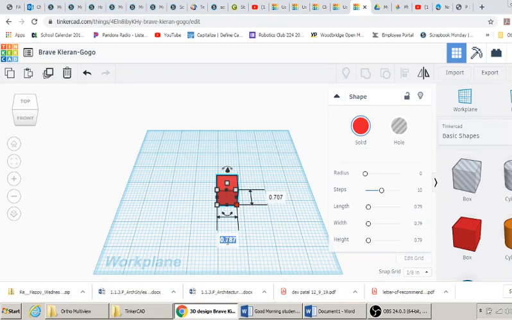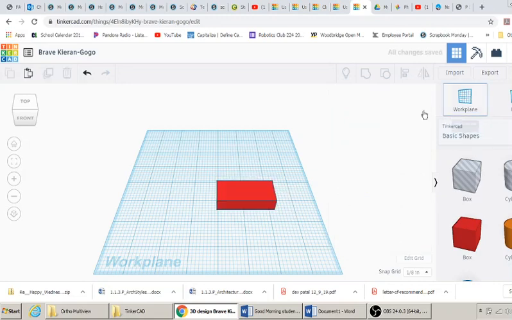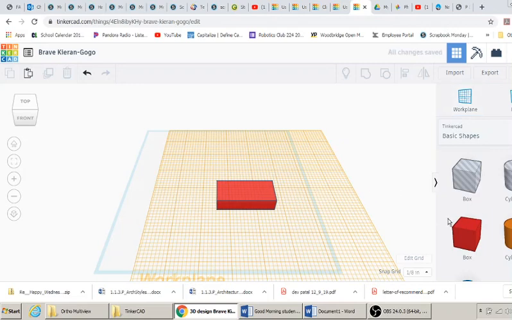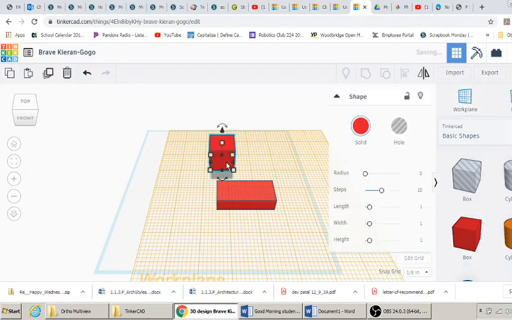4, 5, 6, 7, 8, 9 squares wide, so it's 2.25 in width. Our depth is only 1 inch, and the base is a ½ inch. It's 2 squares. Right now it remembers the metric measurements because I forgot to change my grid in the beginning. There we go. Okay, then I take a work plane, draw a new surface on top to draw another block